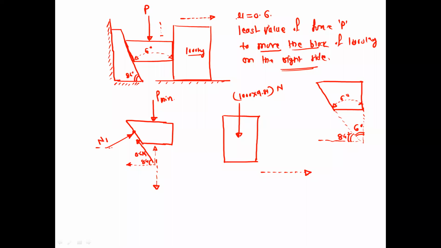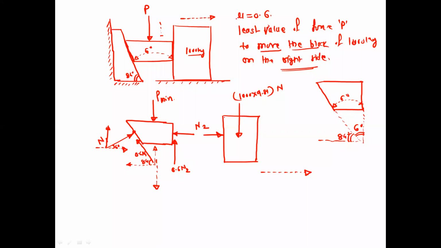Okay. So this is 84 and this is 90 degree. So this will be 6 degree. That is the angle of reaction N1 with respect to the x-axis. So this is x and y component. So N1 cos 6 and N1 sin 6. Then at this contact surface, this is a common reaction. So this reaction is N2. As the wedge is moving in the downward direction, friction force will be opposite. So it is upward for both the contact surfaces. So this is equal to 0.6 into N2.